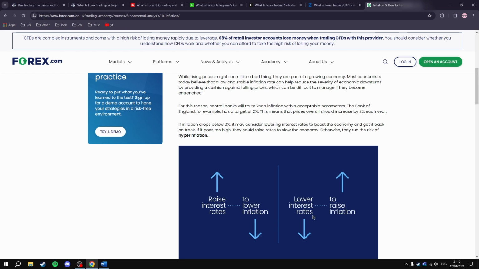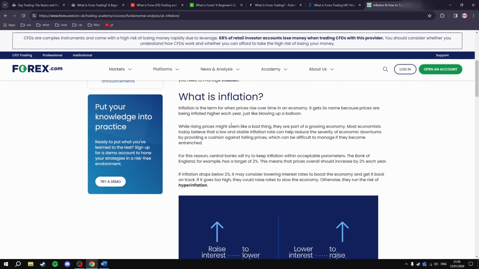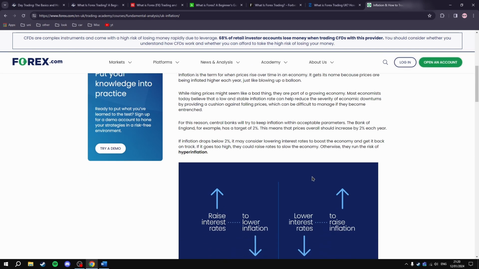So if it lowers interest rates, then people are more likely to spend their money. So if they're more likely to spend their money, then it's expected that they're more likely to buy more stuff, right? So if they're likely to buy more stuff and they have more money to spend, then whoever the sellers are, like supermarkets for example, can raise the prices of the products they're selling, because people actually do have the capital to buy the products. So yeah, I think that's how it works.